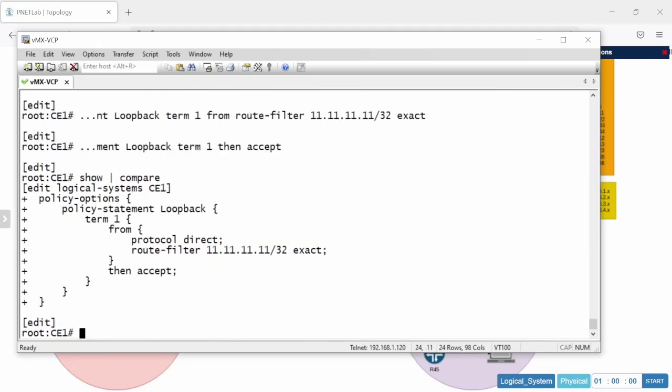And let's see what we've got. We've got our policy statement for loopback. If it's from the protocol of direct and it matches exactly 11.11.11.11, then accept. So what we now need to do is apply this as an export policy to the BGP group. So set protocols